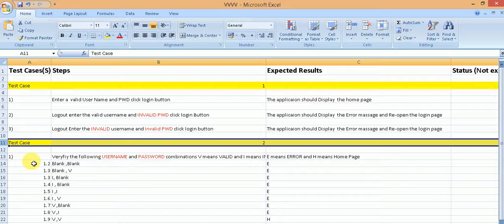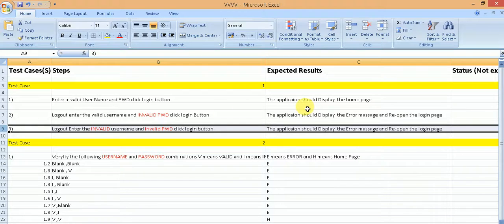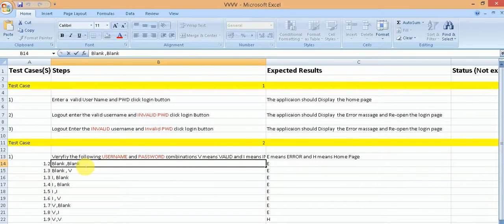It is also fast to execute because at the time of running the test case, the tester need not read long sentences and try to understand their meaning and then do those steps in the application. It is also very easy to update. So let us say that it is not possible to give a blank username and blank password. It will not allow the user to click on the login button because the login button is disabled. In case the username and password fields both are blank, then you can just delete this particular step.